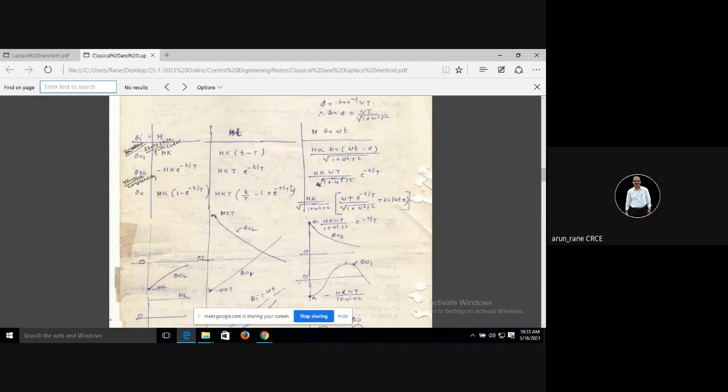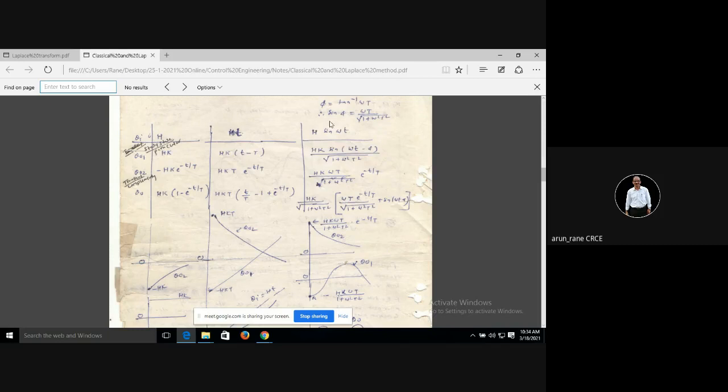Now, when my input is, say, h sine of omega t, these results are all obtained by the classical solution method, and this is not in your scope, because finding this is at least a solution of 7 to 8 pages, so that has been removed because of the short term. So you have to just remember the direct results. Direct results, remember.